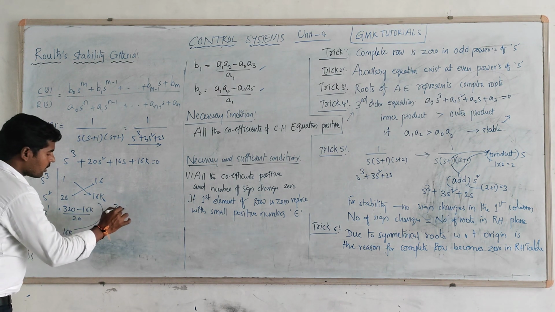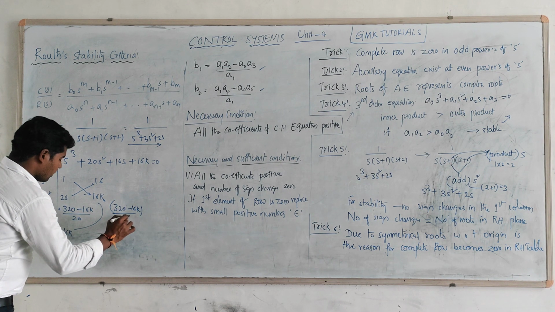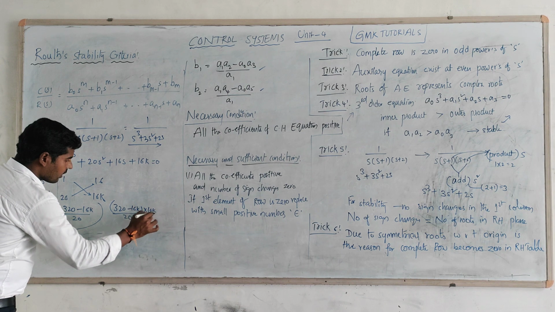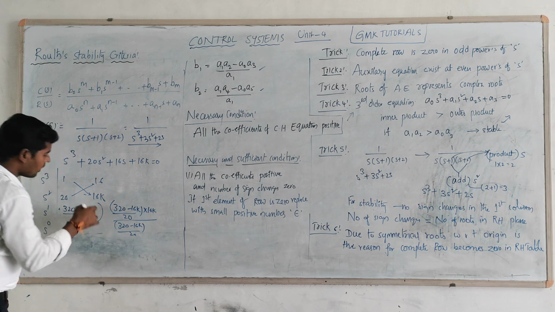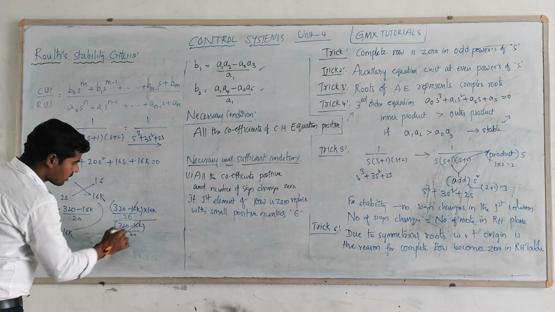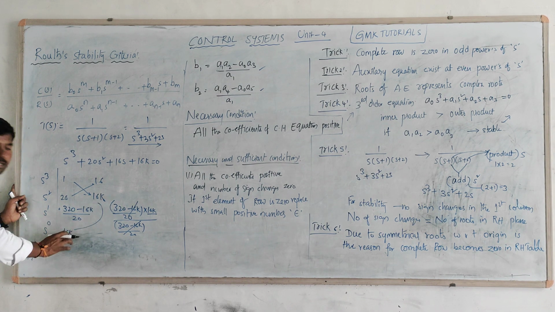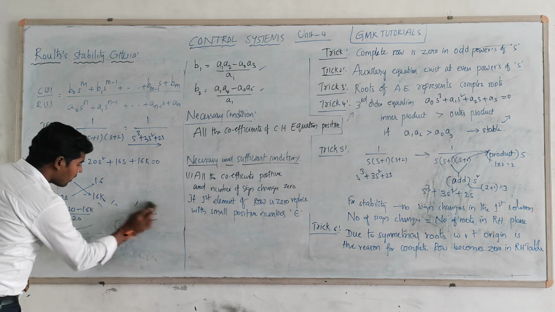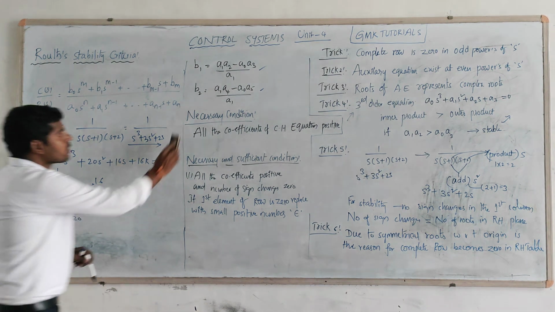Complete, done. Otherwise 320 minus 16k divided by 20, into 16k, by 320 minus 16k by 20. Why? Because this value is obviously 0, into this one is 0. Okay, therefore with the complete cancellation, you will get only 16k. So that is a direct trick. Without calculating all those things, in case one number is missing, you can directly replace it with the last value only. So that is the one methodology. So in this case, let us see, find the value of k. Okay, for what value of k the system may be stable.